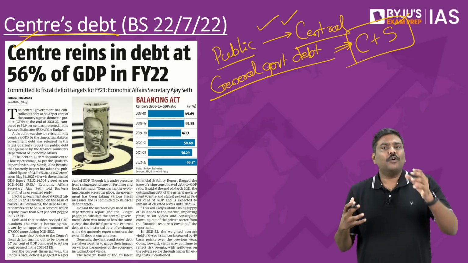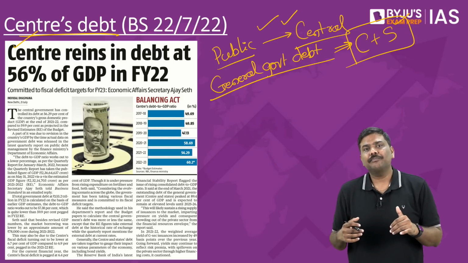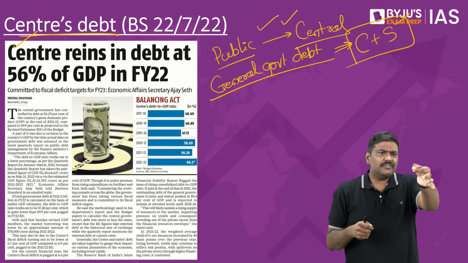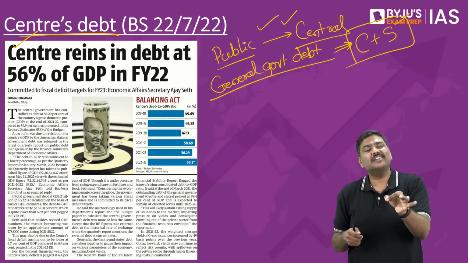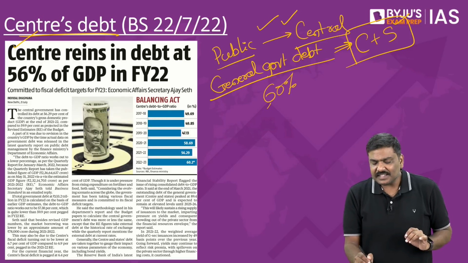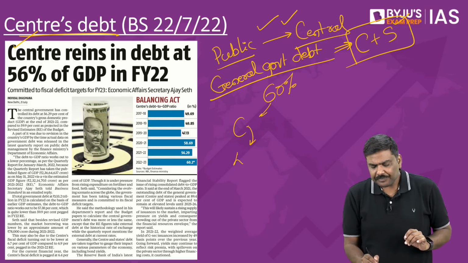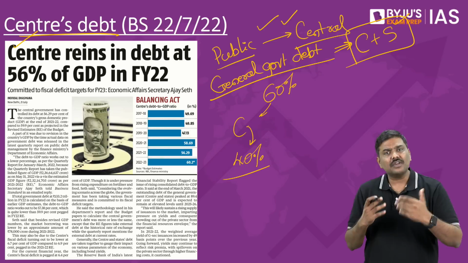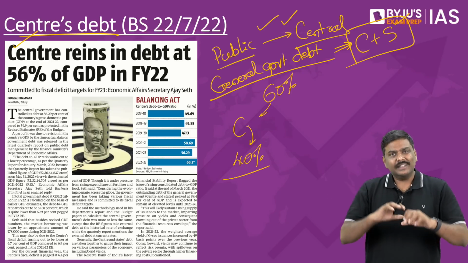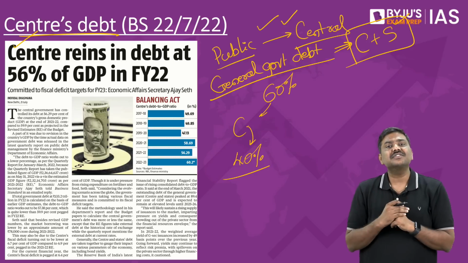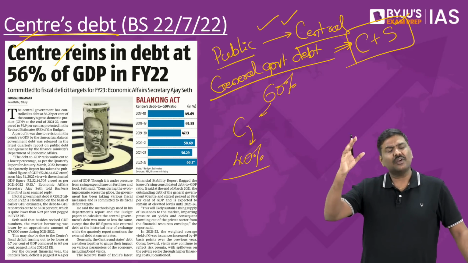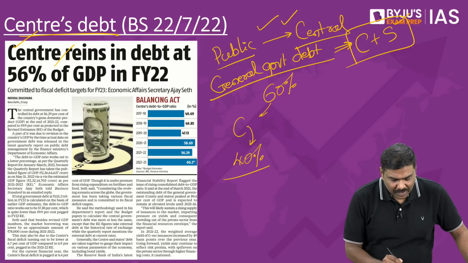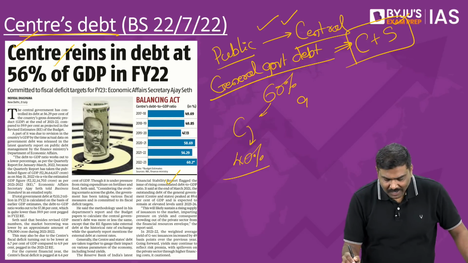Under the FRBM, we want to bring down the fiscal deficit to 3%. And even if you look at the FRBM review committee, that is the NK Singh committee, they have recommended reducing the general debt to 60% and the central debt to 40%. But the fact of the matter is, in the last couple of years, because of the higher borrowings of the central government as well as the state government, the general debt has increased and the central government debt is also at a higher level. The overall, or let's say the general debt, as per the RBI report, is around 90%